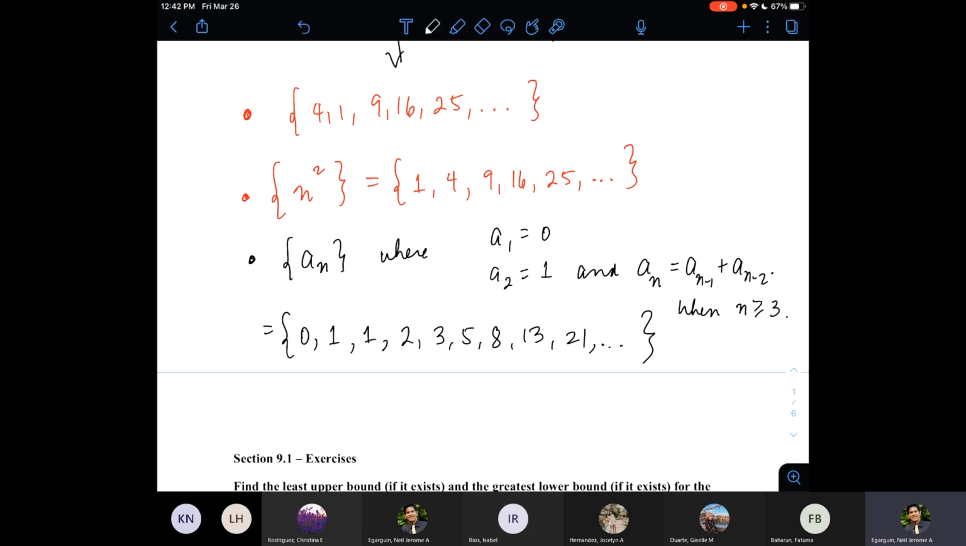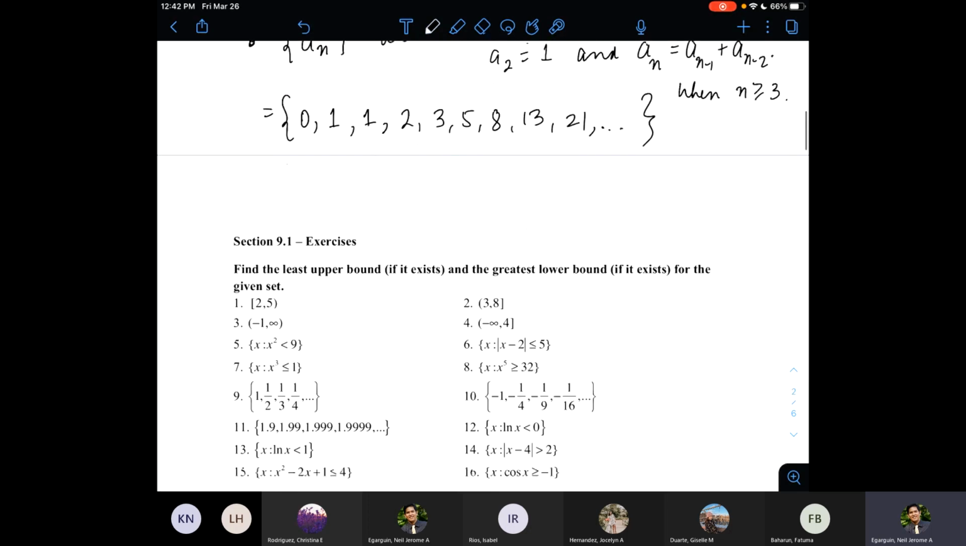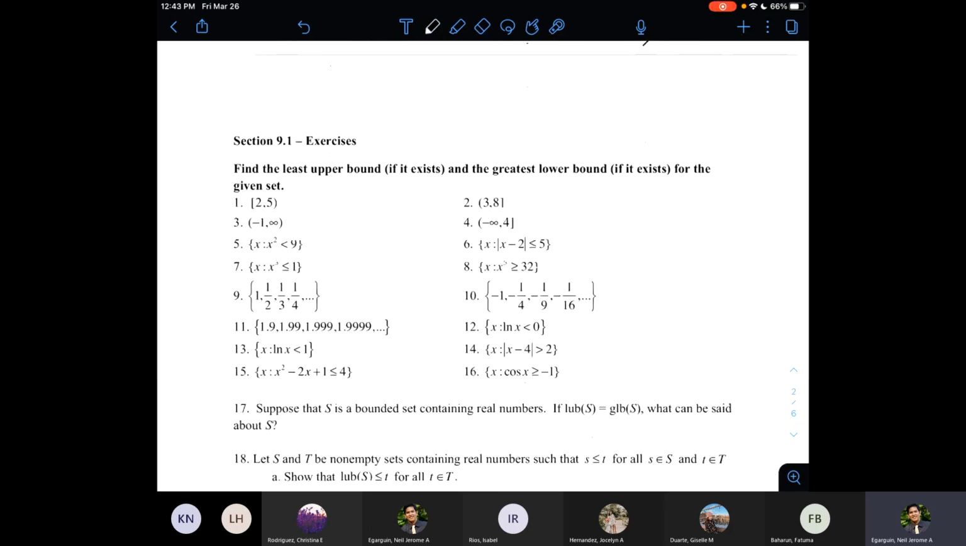Okay. So what are things we can do about sequences? Well, we can look at several properties of sequences. For instance, the first set of exercises ask us to find the least upper bound if it exists and the greatest lower bound if it exists. Well, as the name implies, the least upper bound is the smallest number that is greater than everything in the set, while the greatest lower bound is the largest number that is smaller than everything in the set. So graphically,